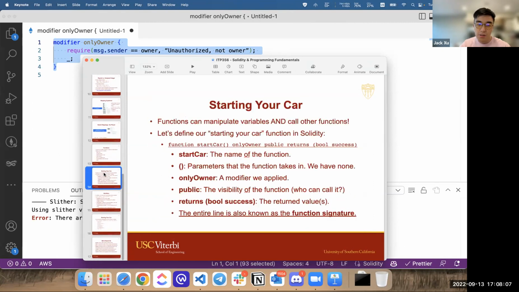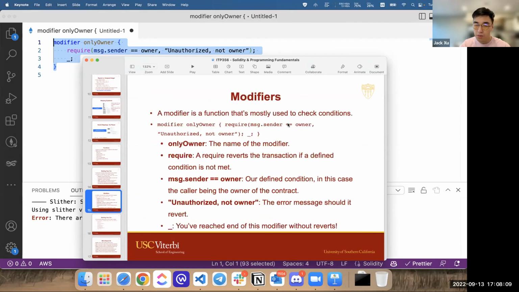But here we have two equal signs, meaning that we're checking if what's on the left is equal to what's on the right. If you want to check if they're not equal, you just change it into an exclamation mark. So this means equality comparison, and this is inequality comparison.